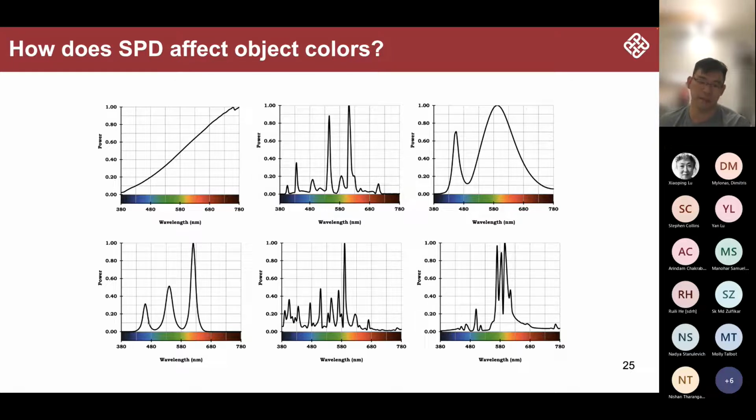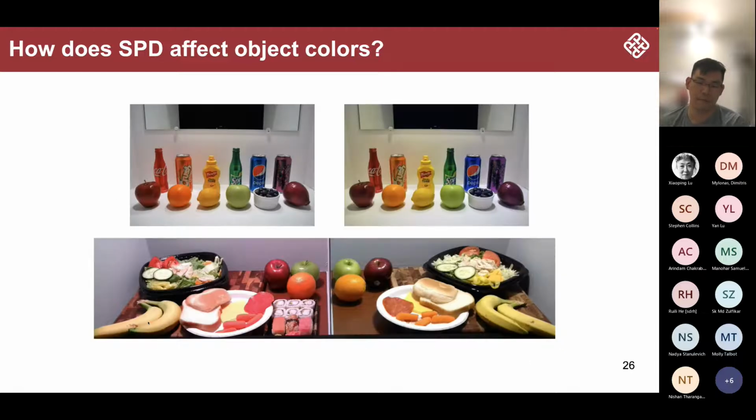And this introduced a lot of problems in color rendering. For example, in these two sets of images, you can see that in general the colors of the boxes are pretty similar. You see a little bit of difference, but this is because the camera is not doing a good job. If you look at these two settings in person, you will notice that the white or neutral colors do not change too much. But very obviously, these red colors, the ring, and also the green colors or the orange colors really change. So in other words, the spectral composition will really change the color appearance of the object.